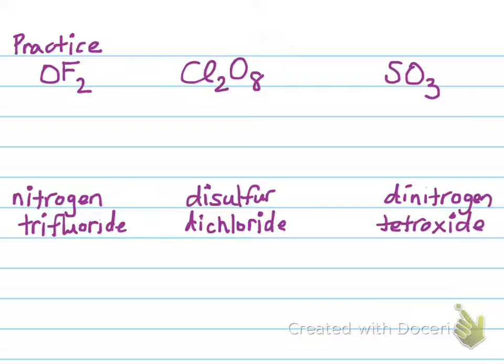So the first formula we see is OF2. The first question we have to ask is whether this is ionic or molecular. We know it's a molecular compound because oxygen and fluorine are both nonmetals. So to name a molecular compound, we're going to write the names of the elements in the order they are, and the second element has to end in "ide," and subscripts become prefixes. There is no subscript on oxygen, so you can still have the mono,